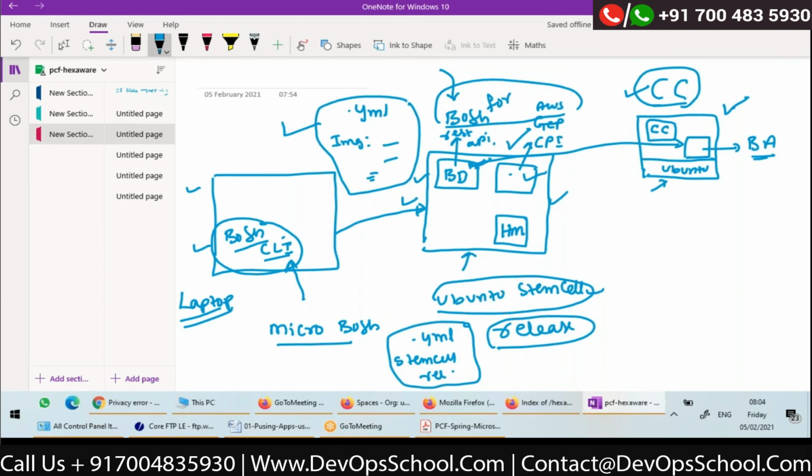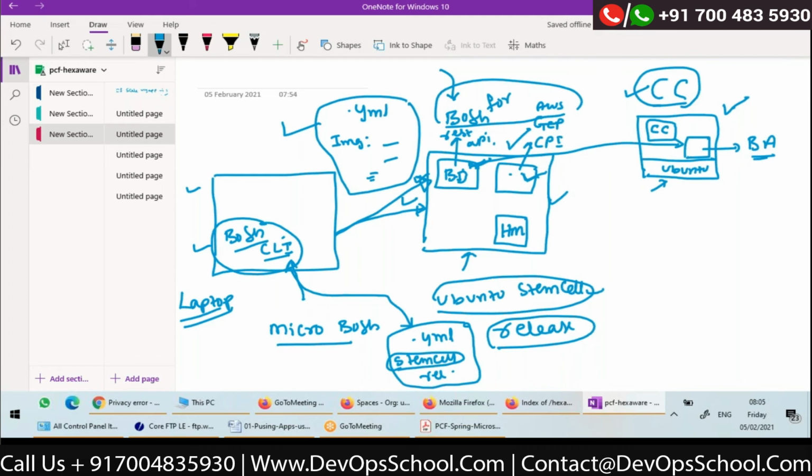Then use the command bosh deploy. That's all. Now, before I say bosh deploy, I need to make my CLI point to this BOSH director. Once my CLI is pointing to the BOSH director, whatever commands I fire from now will go to the BOSH director. So I'll execute the bosh deploy command using this YML. The request will go to the BOSH director. The BOSH director will use the CPI, cloud provider interface, to talk to the cloud, and it will create a VM using a given stemcell,